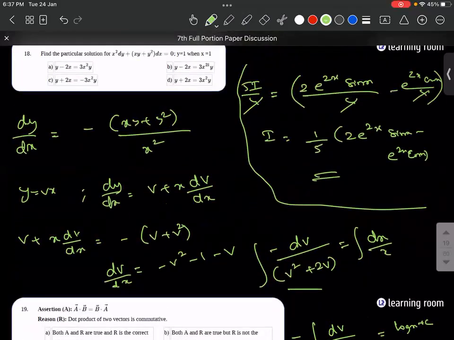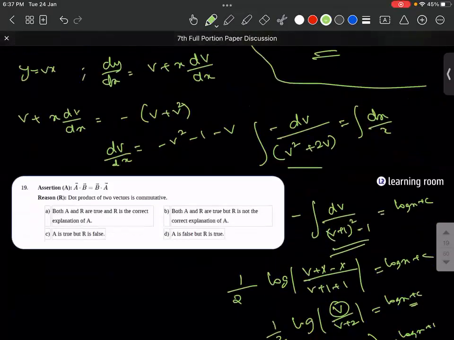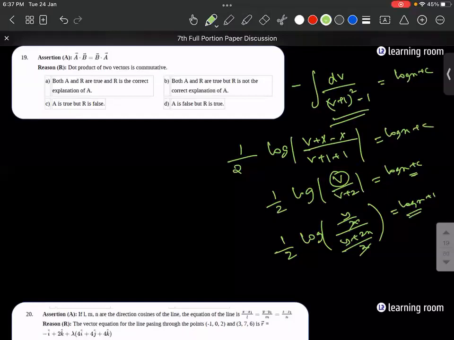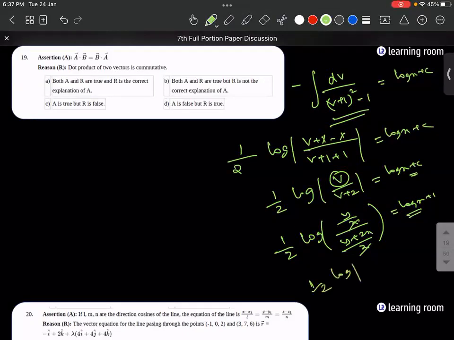So x is equal to 1 when y is equal to 1. Put x is equal to 1 here and y is equal to 1. So you'll have half log of 1 divided by 3 is equal to 0 plus c. So what will be the value of c? C will be